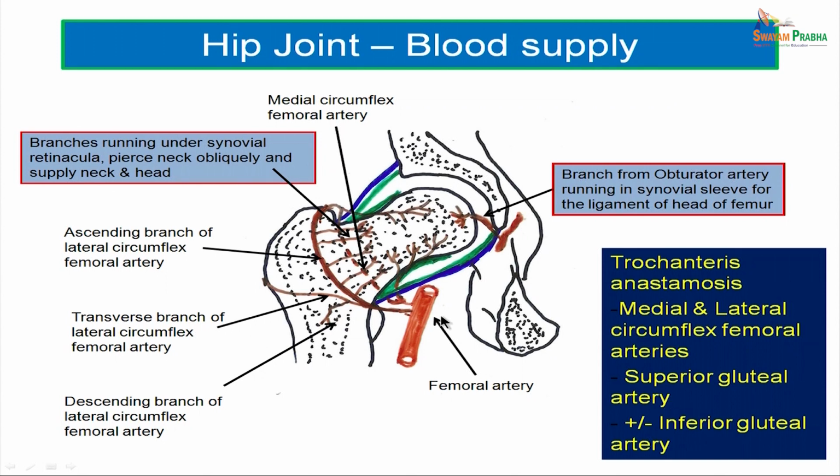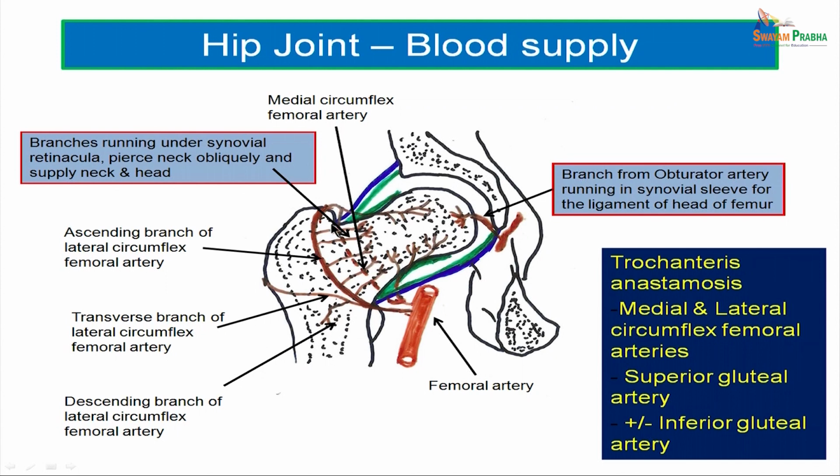Now, if you look at this particular picture, this is the femoral artery which gives rise to the lateral circumflex and the medial circumflex femoral arteries. The lateral circumflex femoral artery runs laterally and divides into three branches: an ascending branch, a transverse branch and a descending branch. The ascending branch gives out these fine branches which are called the branches to the neck of the femur. This ascending branch of the lateral circumflex femoral artery anastomoses with the medial circumflex femoral artery which is